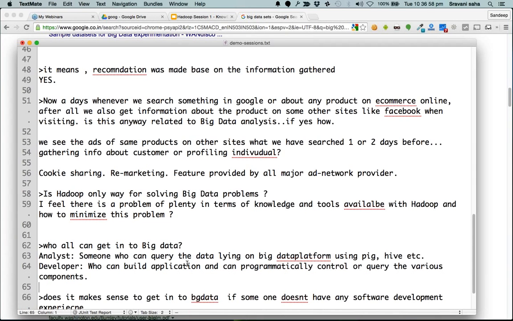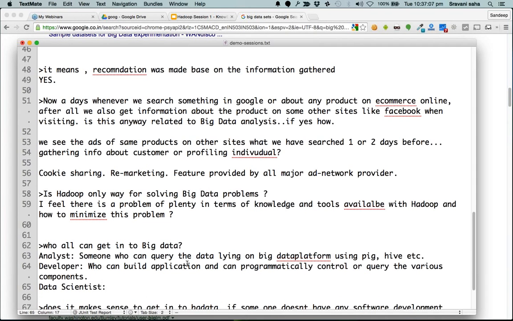Then there is a data scientist. A data scientist is somebody who understands the various machine learning algorithms